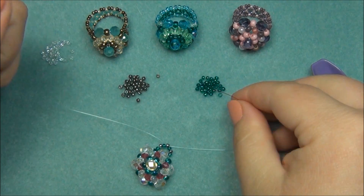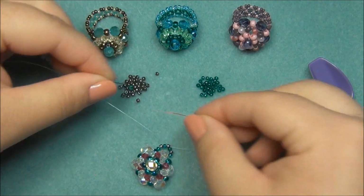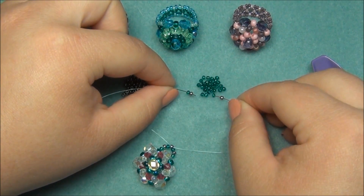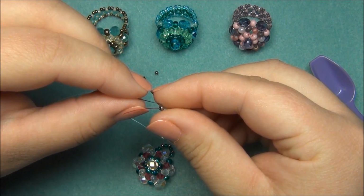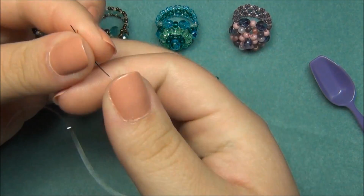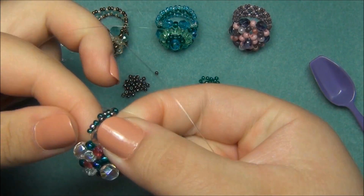I'm going to pick up again a teal on each side, silver, silver, teal. So 3 seed beads on each side, slide them down, pick up silver and cross through it. Bring it on down, pull my strings tight,